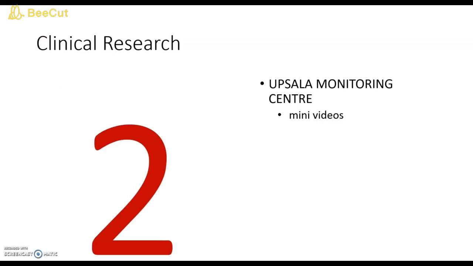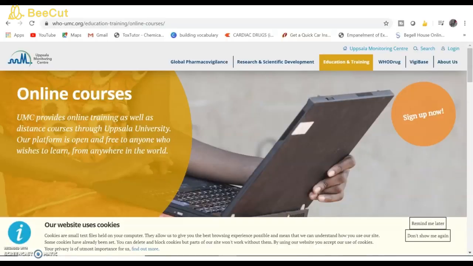If we talk about the next option, that is Uppsala Monitoring Center. The difference between Uppsala Monitoring Center course and the previous course was, in the previous one you're getting PDF formats, you can get printout or you have to read it, but in this particular case you'll get videos for the information. So this is how the window will appear once you type it on Google, Uppsala Monitoring Center, and you